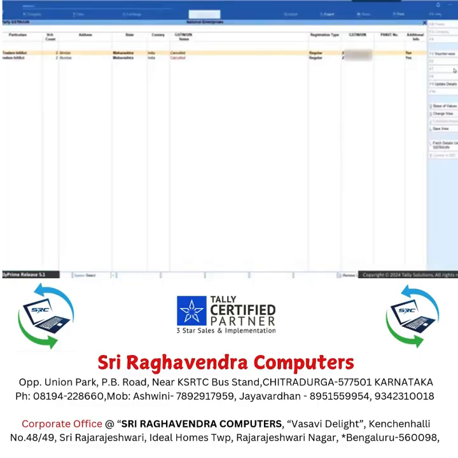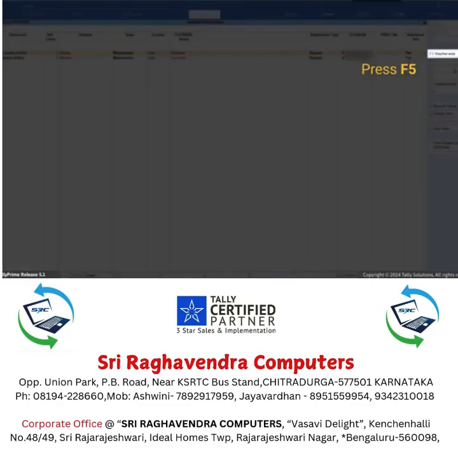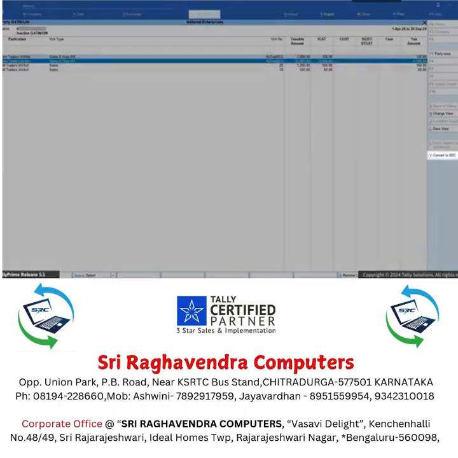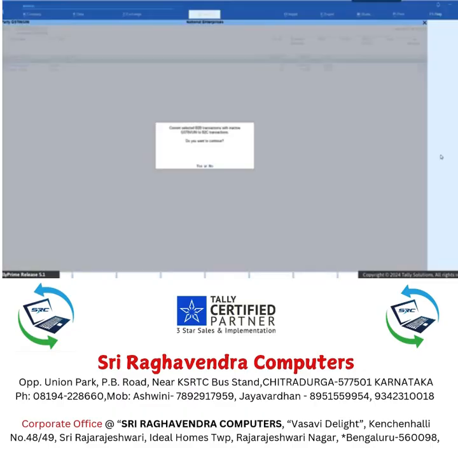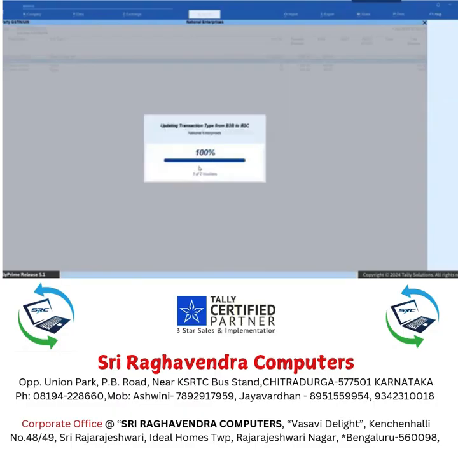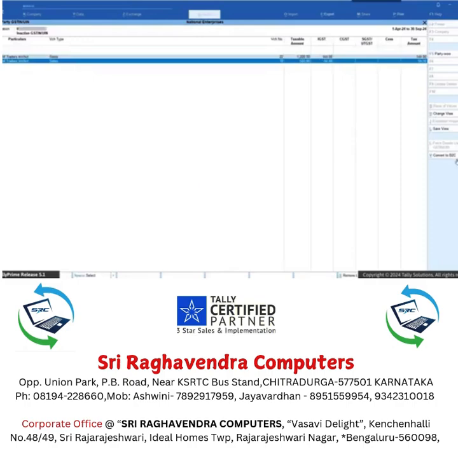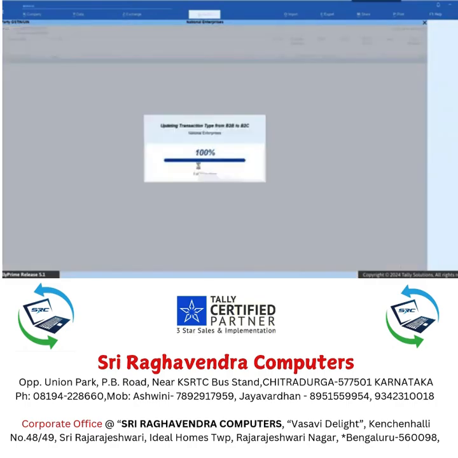To convert only specific transactions, as shown earlier, filter the inactive GSTIN/UIN. Press F5 to view voucher-wise each B2B transaction for the inactive GSTIN/UIN. Select the transactions and press Alt-V. A message appears asking for confirmation to convert to B2C transactions. Press Y. TallyPrime updates only the selected transactions for the period from B2B to B2C.